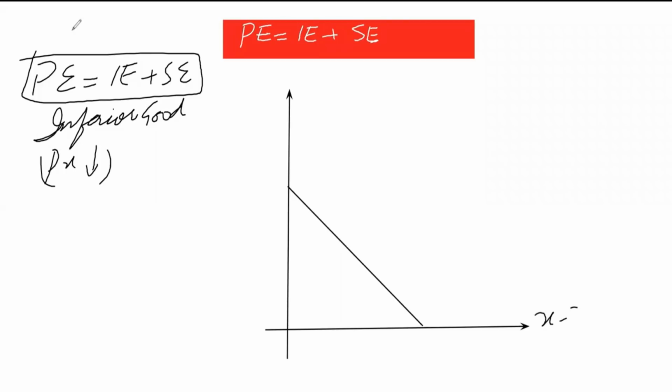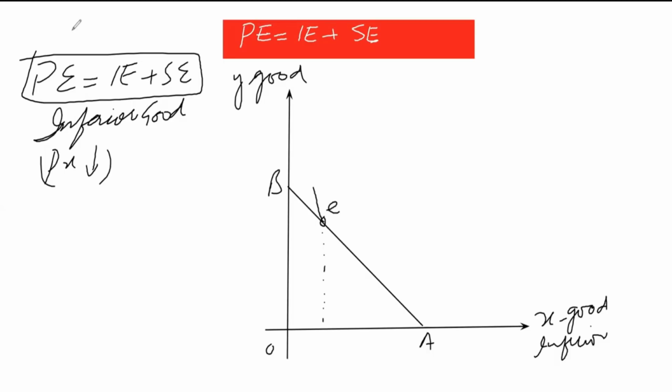And the next situation is the inferior good case, and we will prove the same condition, that price effect is equal to income effect plus substitution effect, or we can say that price effect is equal to substitution effect plus income effect. Both give exactly the same meaning, and we have the condition that price of X falls. Draw an initial budget line, that is AB, find an equilibrium at point E and draw a partial indifference curve, and the consumer purchases X1 quantity of inferior good.